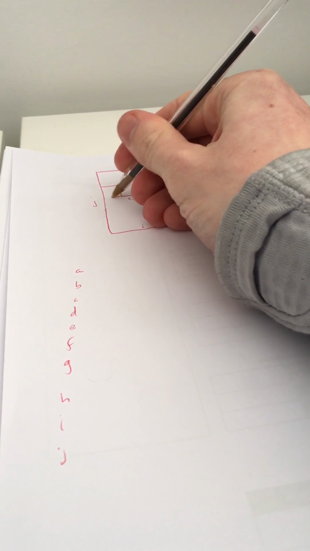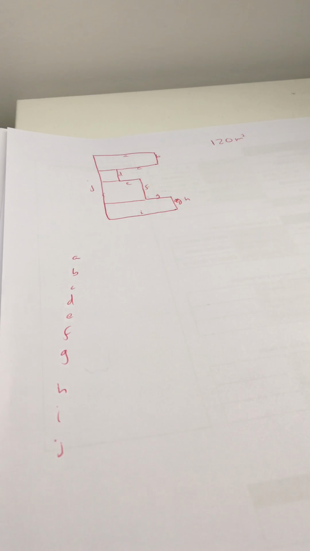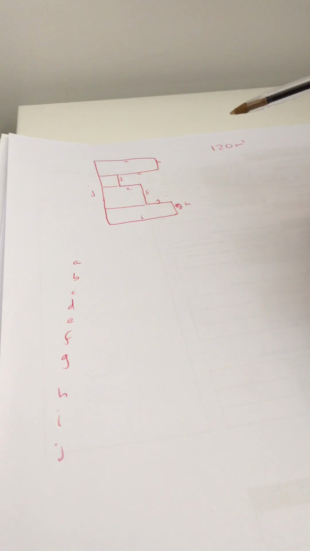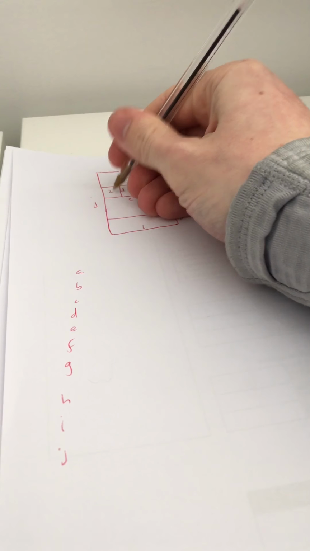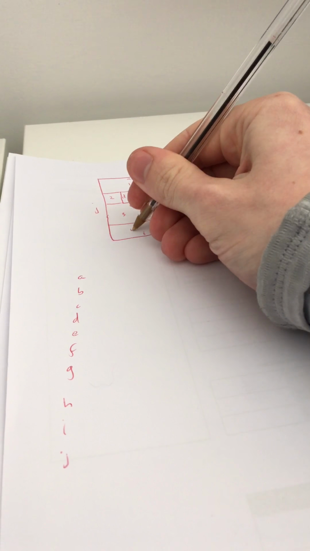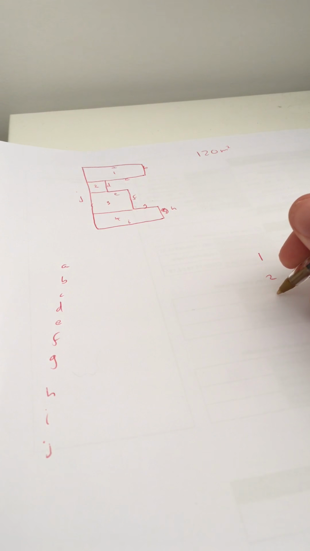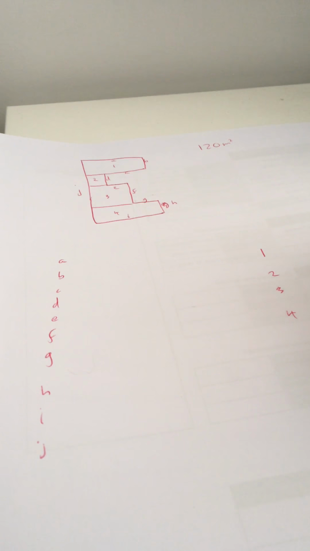The next step, like any compound shape, cut it into easy manageable chunks. Now you know that the sum of these four sections is 120. Let's call this section 1, this section 2, this section 3, this section 4. You know section 1 is going to be biggest, then followed by section 3, sorry, then section 2, then section 4. So what you can now do for each of those, sorry I'm holding my iPad, is